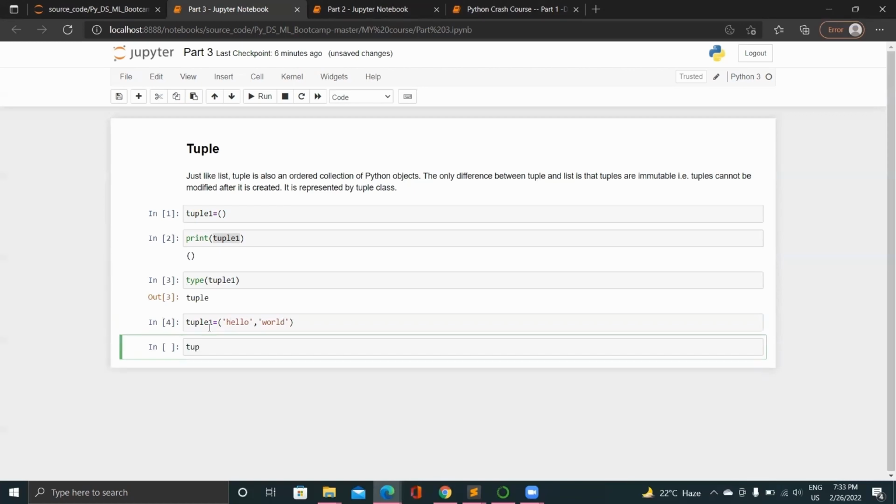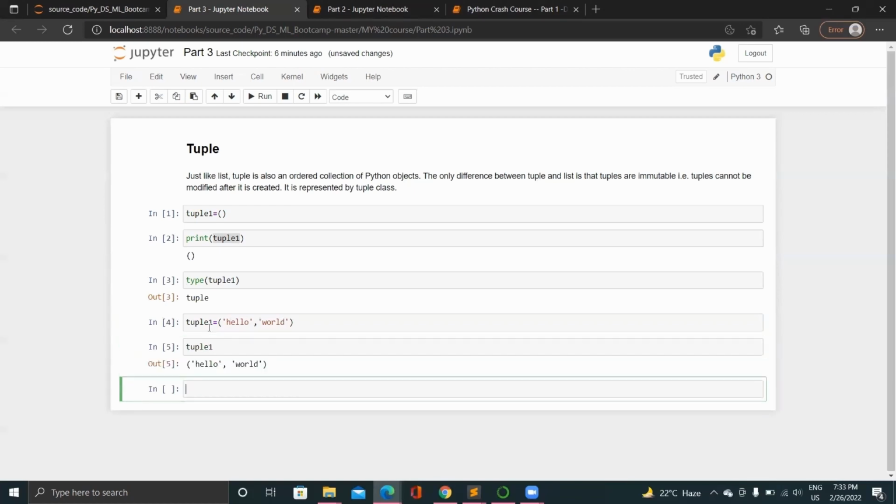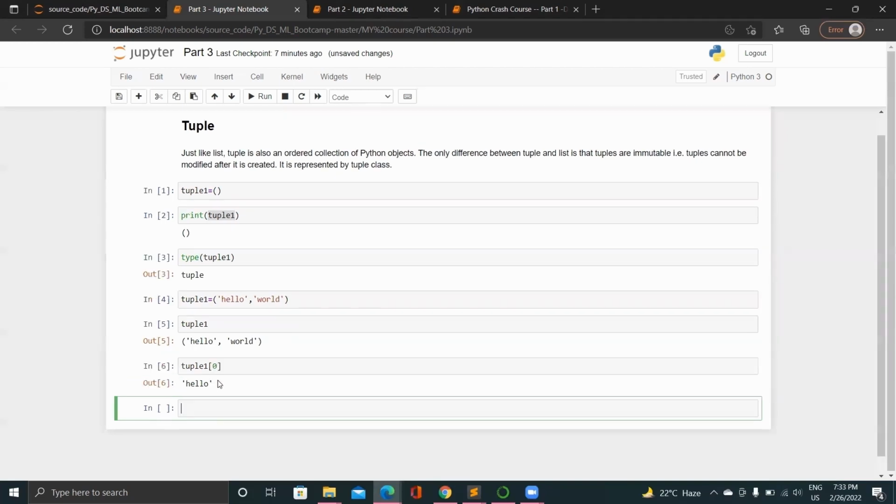Now print it. Now, as I told you before, the tuple is immutable. Let's try to change the value hello to hi. To get the value at index 0, we use square brackets for indexing. In the tuple, we get this. And if we want to change the value hello to hi,